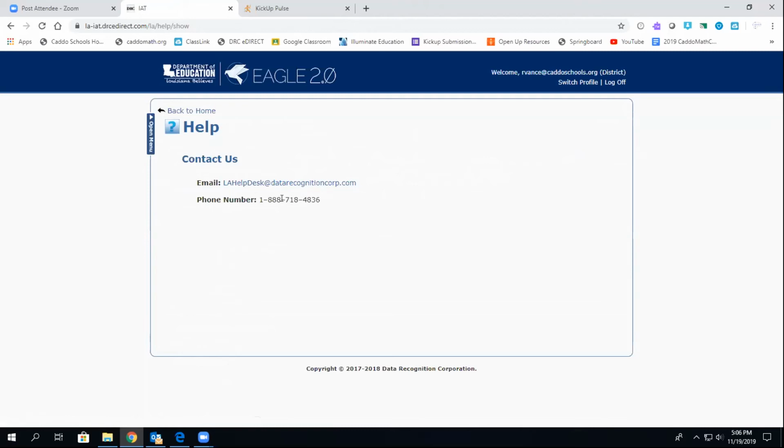I've called this number twice and gotten someone to talk to pretty quickly. I've sent one email, but it's been about 3 years ago, and I got a response the same day. I think I emailed in the morning, got a response pretty soon after lunchtime. So you should be able to get pretty good responses from that if you need that, but also feel free